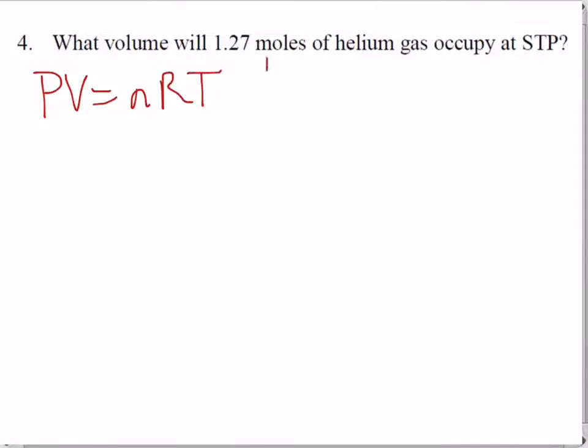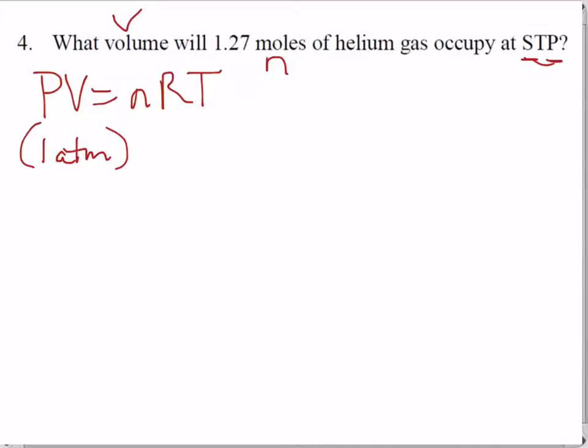nRT. Here is our n. We're trying to find volume. And here's our temperature, and here's our pressure at STP. So we can solve it this way, but there's an easier way. But I'm going to show you how to use the ideal gas law first, and then I'll show you the simple way. Okay, the pressure, when it's standard temperature and pressure, is 1